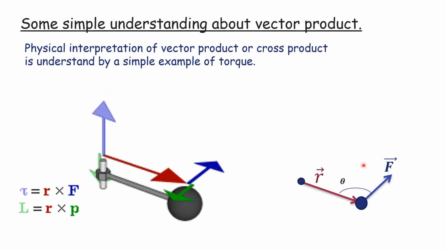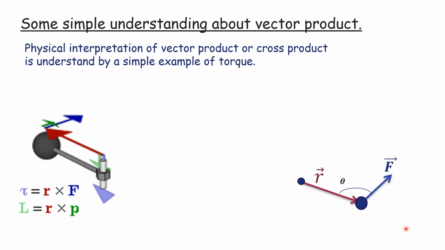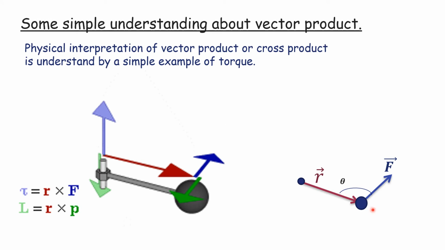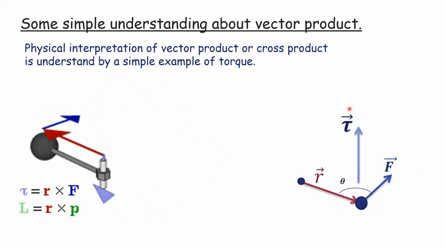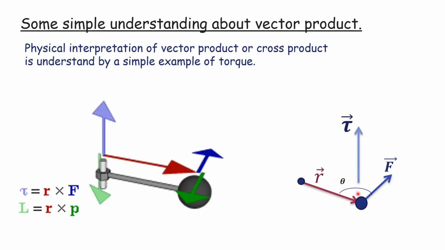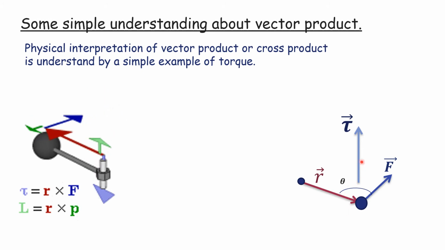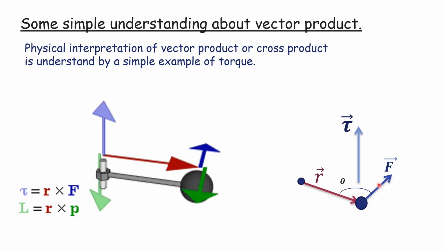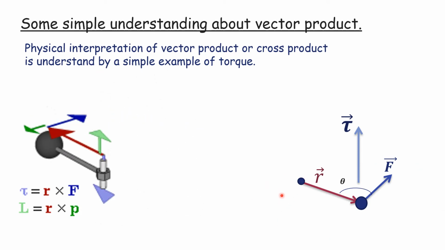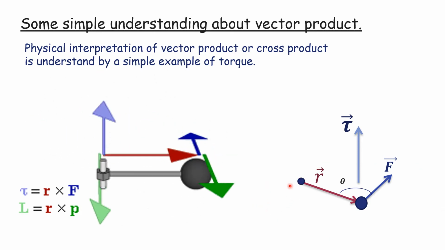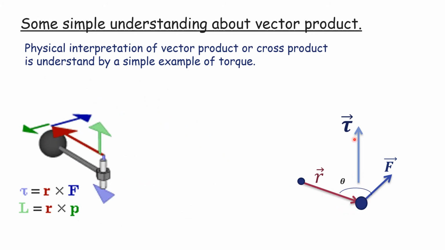So this is rotate clockwise like this, and if it rotates clockwise, the ball goes downward. So these are the two vectors separated by angle theta, and the final torque is perpendicular to both of these. So it means that if the force is in the direction of the tangent to this circle, or tangent to our radius, or perpendicular to our first vector, the torque or our object goes upward or downward,